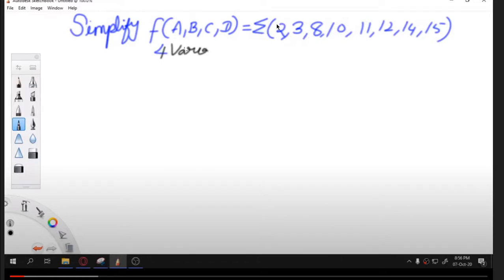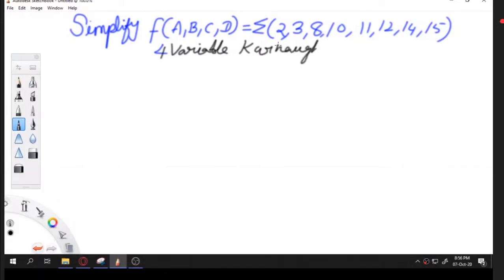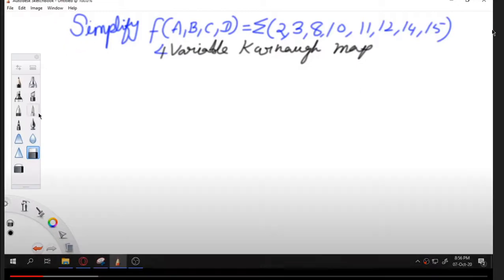The min terms are 2, 3, 8, 10, 11, 12, 14 and 15, which make the sum of products, that is the SOP. Since it's a 4-variable Karnaugh map, we have to draw 16 squares, because 2 power 4 is 16.